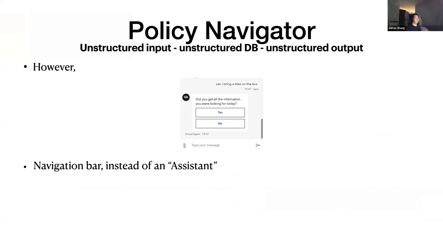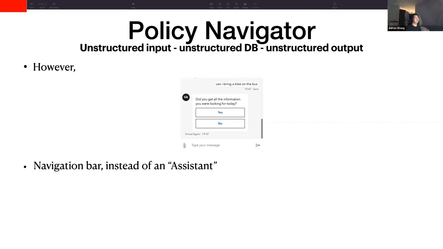Another situation is if I directly ask the virtual assistant on the GO Transit website, it returns nothing because it's not written in their system. This is just if-else code, so there's no preset answer, and it cannot directly answer these questions. So it acts more like a navigation bar than an assistant.